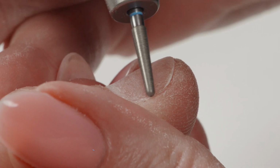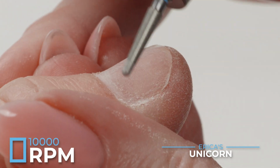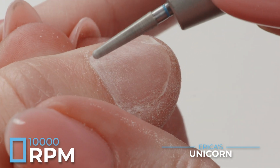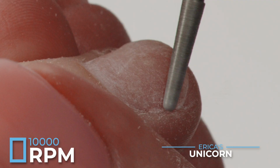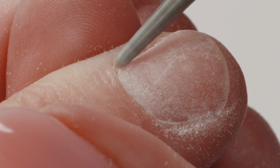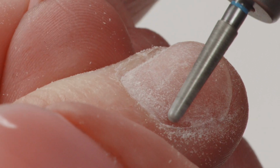We're moving on to cuticle prep. We want to make sure all of those skin cells are up off the plate so the Gelip system can hold on for weeks of retention. I'm working in reverse at 10,000 RPMs and I'm just sweeping across this proximal nail fold nice and flat to the nail plate. We're going to get all those edges of the nail plate free of debris and skin cells